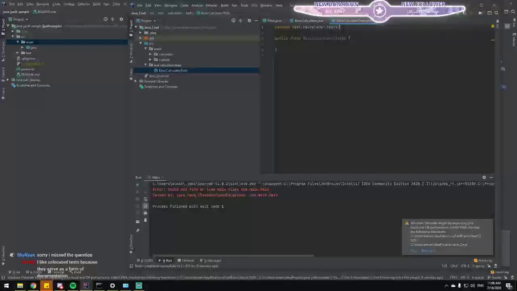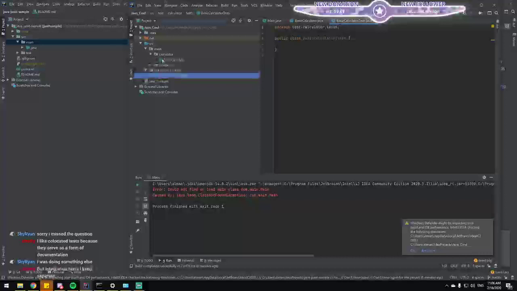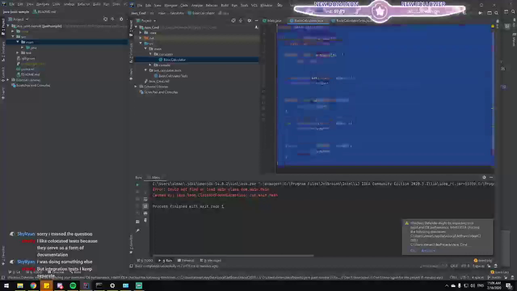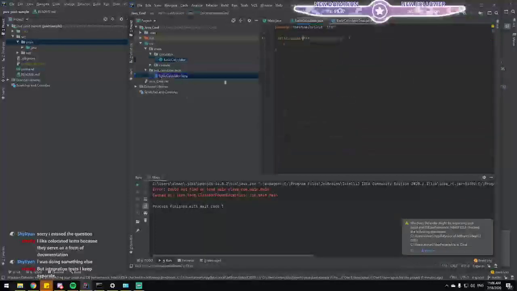So the question was, when you have a language like Rust or JavaScript, where you have the ability to hold tests in the same file as the source code. So for example, in my case, if I have a calculator, below calculator I'd have calculator tests. So all in one file, the tests and the source code. What do you think about that?